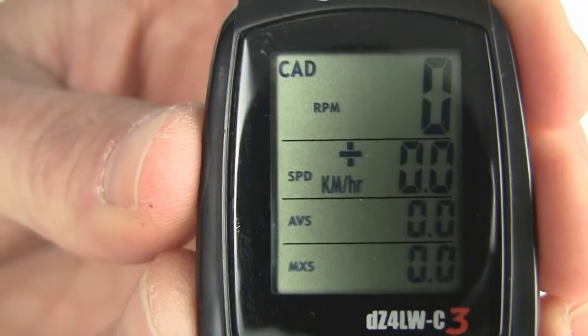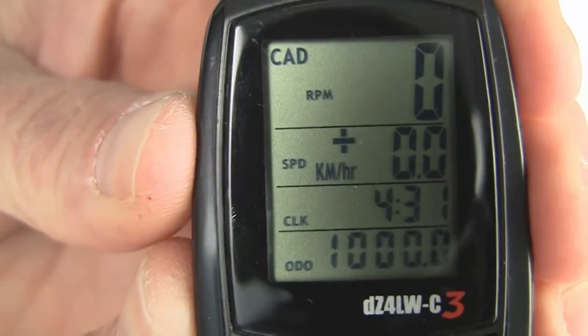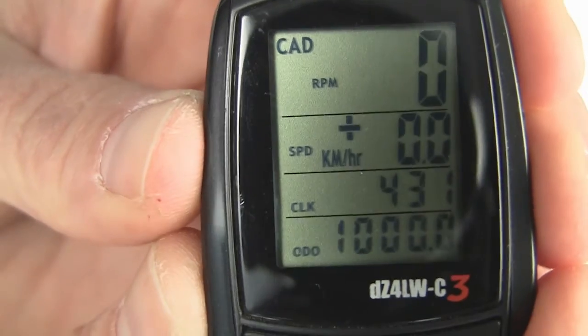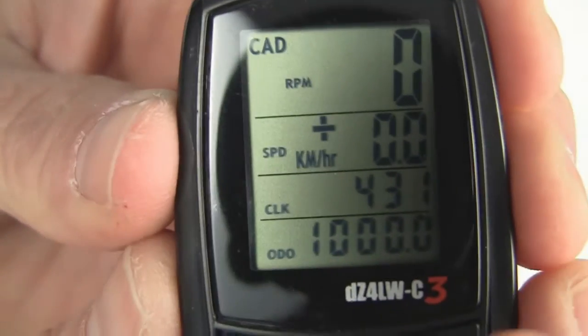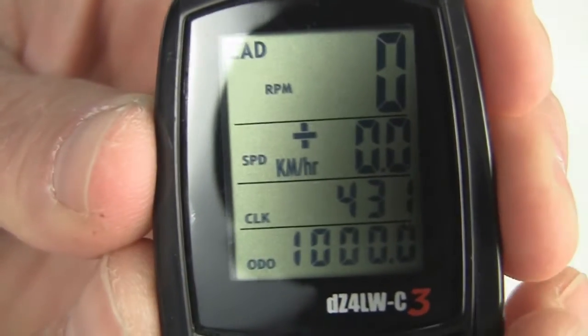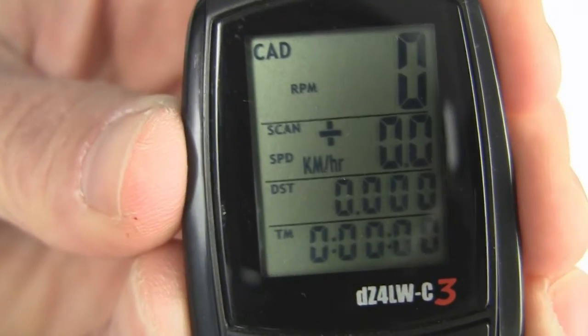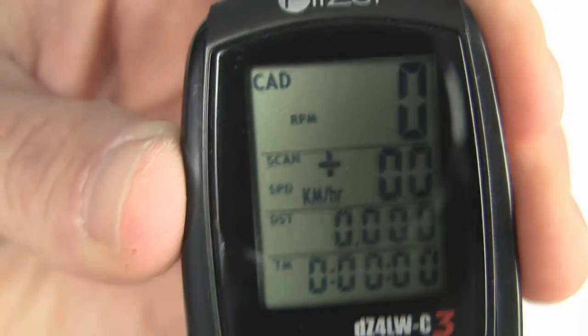If you press the right button again, you will get into the clock and odometer screen. Once again, the top two lines are the same. The third line is clock, and the fourth line is odometer. And if you press the right button again, you get into a scan screen. If you look at the second line,